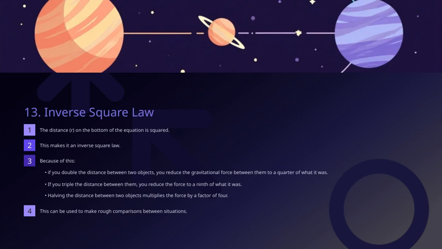And if you double the distance, the force is reduced to 1/4 of the original force. This shows that the force doesn't just decrease linearly with distance, but rather according to this special relationship. Because of this relationship, we call it an inverse square law. You can see that in the equation, the distance, or r, is squared at the bottom. So overall, this inverse square law explains how the gravitational force weakens rapidly as objects get farther apart.